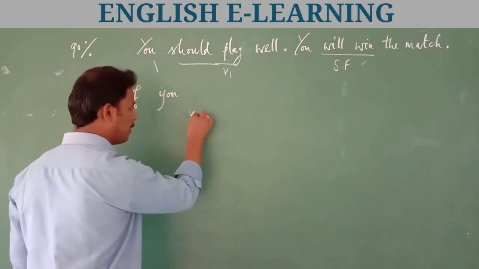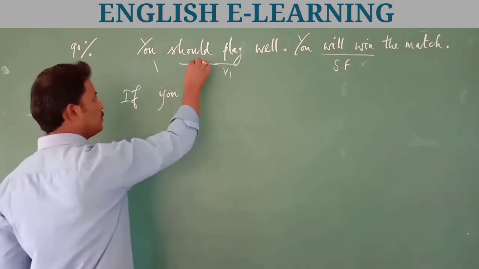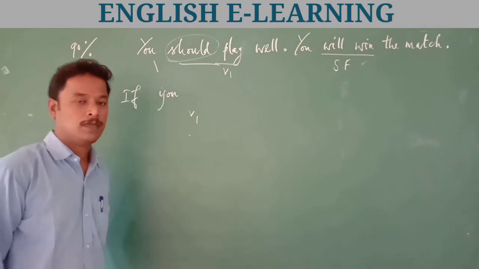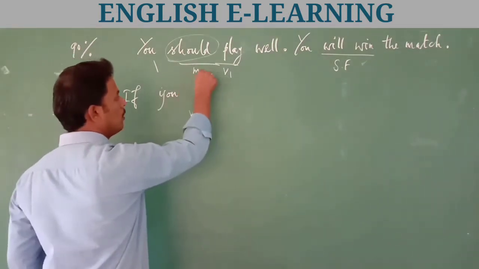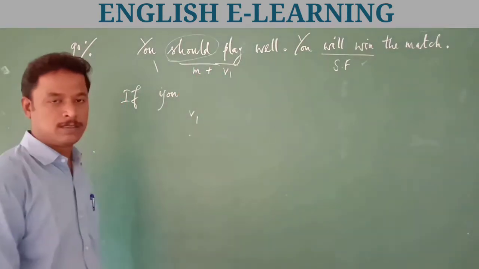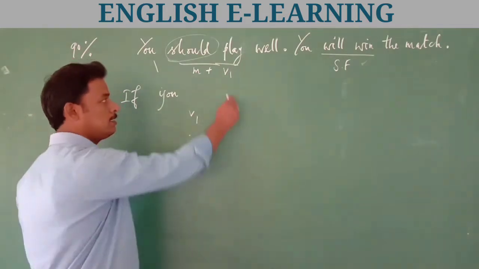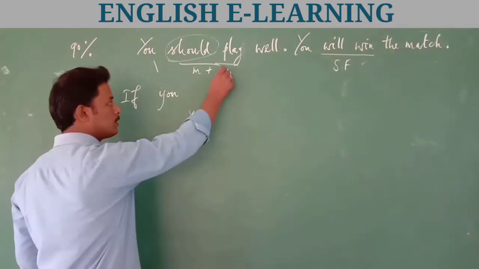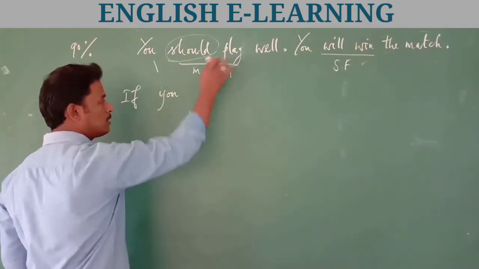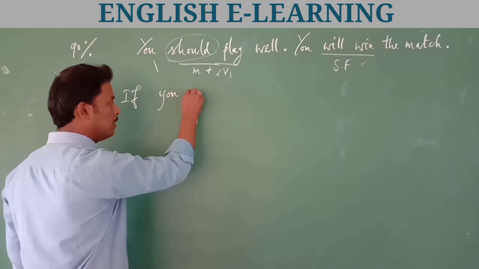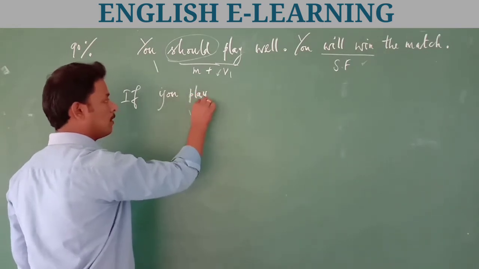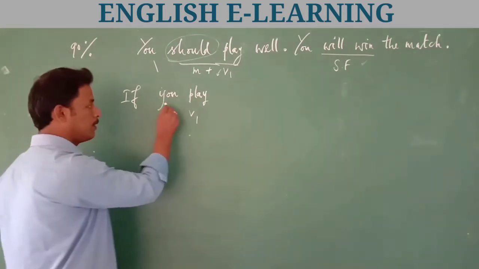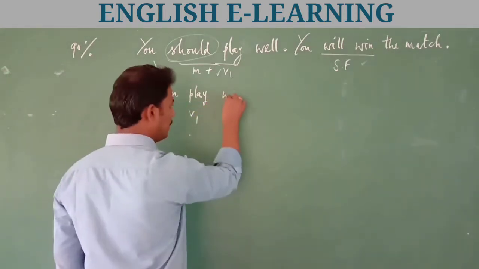We have to apply verb 1 only. There is no need to use the modal. Here modal plus verb 1 is used, that is, it is in the base form. Okay. So we have to use the present simple of this base form, verb 1. The verb 1 of this base form is play. If you play,